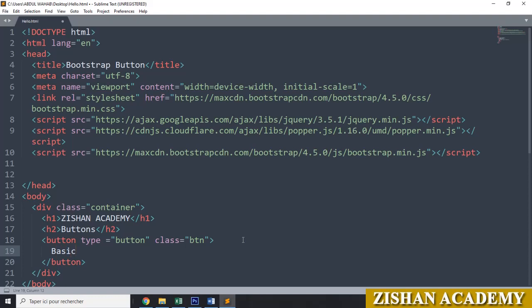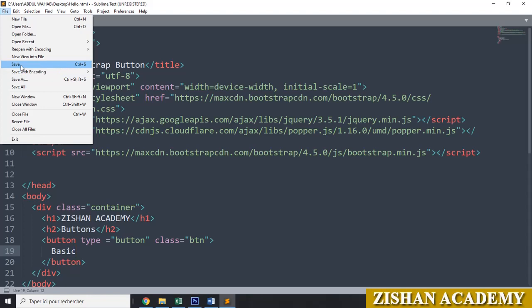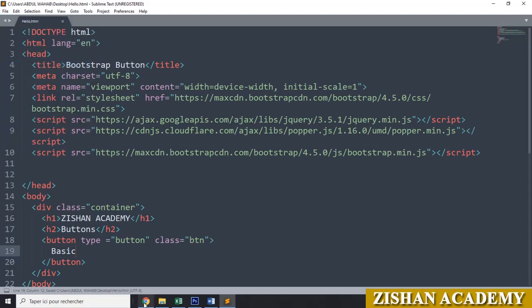Just go to the file, save the file, come to the browser, then in our hello.html file, just refresh the browser. You can see we got the Jisan Academy and buttons basic here.